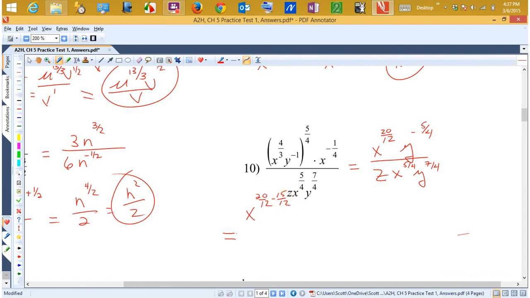Now let's go to the y's. And what I have is a y that has a 7/4 up here, that's a negative, so this is definitely more positive. So I'm going to have y to the 7/4 minus a negative 5/4, so that'd be plus 5/4. And then I've got the z. Okay, so now in the top, I'm going to have x to the 15